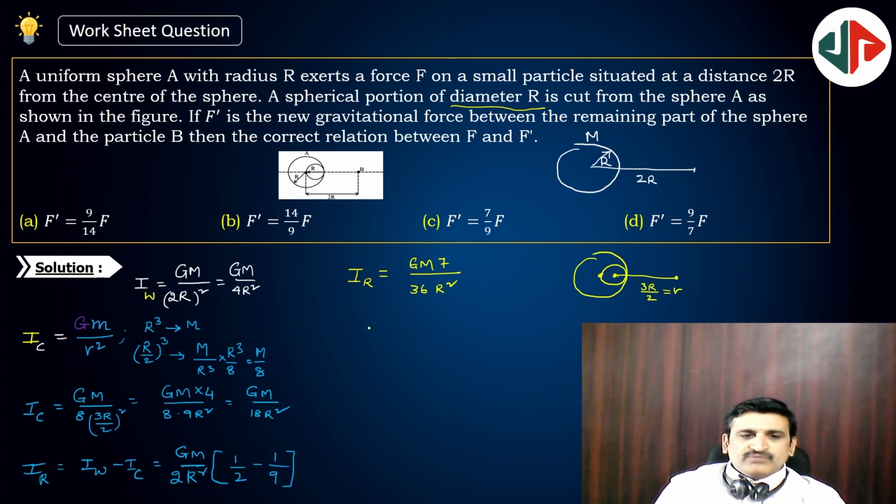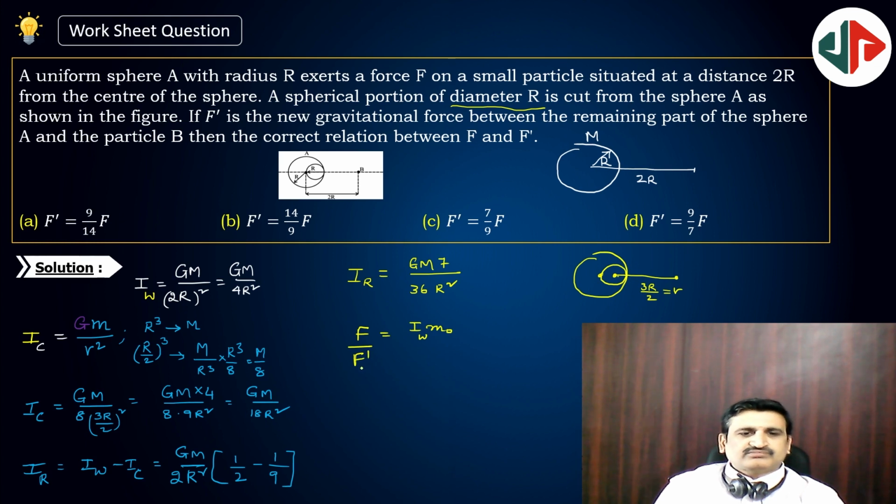So now the first force F, he is asking. First force F is equal to the mass of a small particle, I'll write as m naught, by this whole, right, and